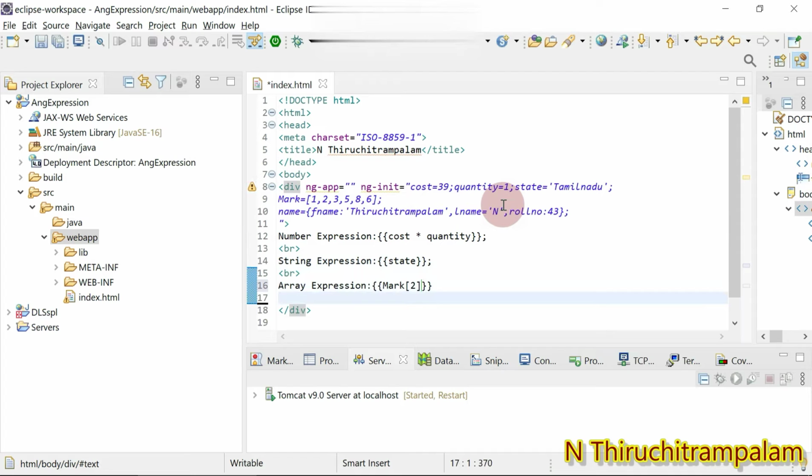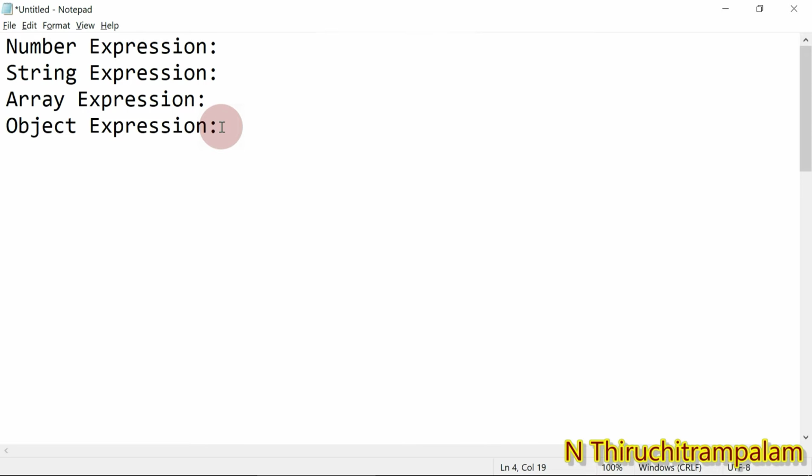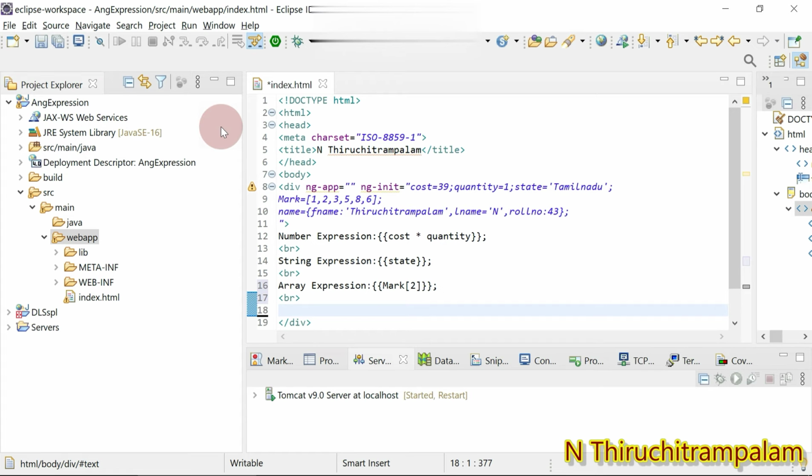Then let me use a semicolon, and then I go with the object expression. I give a text, object expression, last name and first name.